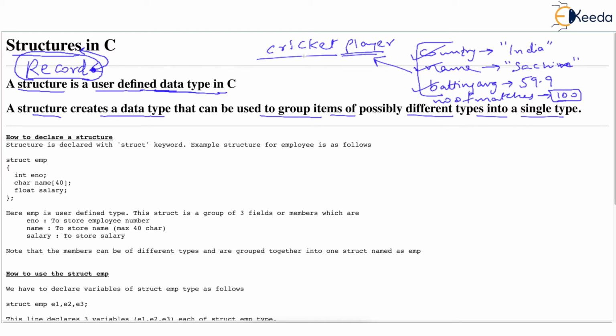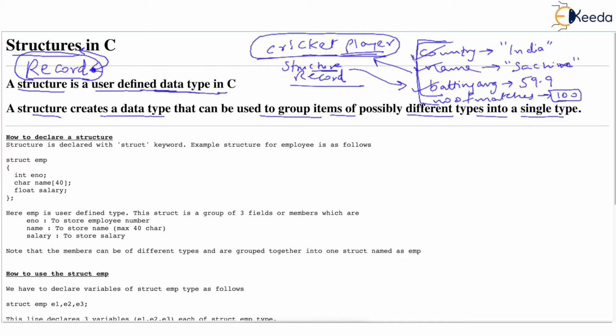So basically, when you think of a record or a structure of a cricket player, structure or record, whatever you call it, both words are the same, then structure is nothing but a collection. It is a group of various properties associated with that entity, like a cricket player.